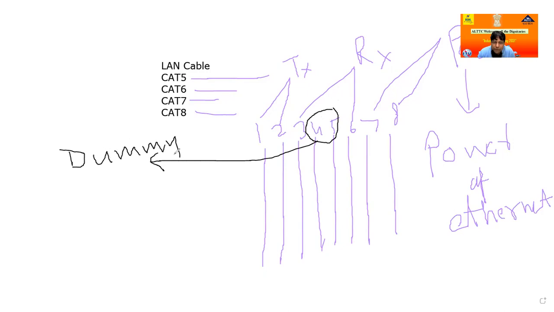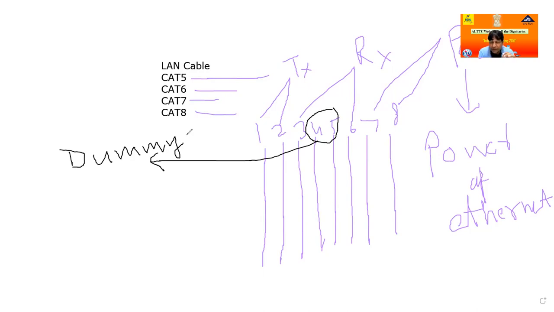So there are 4 pairs, no matter what the color of the cable. I explain in a fully practical manner. If you go to Google search or any book or handout, they all explain in the color scheme and everyone is confused. So here I discuss in a very practical manner. Doesn't matter what the color is, you just remove every wire and number them from left-hand side to right-hand side. And after numbering, which pair is used for what purpose?